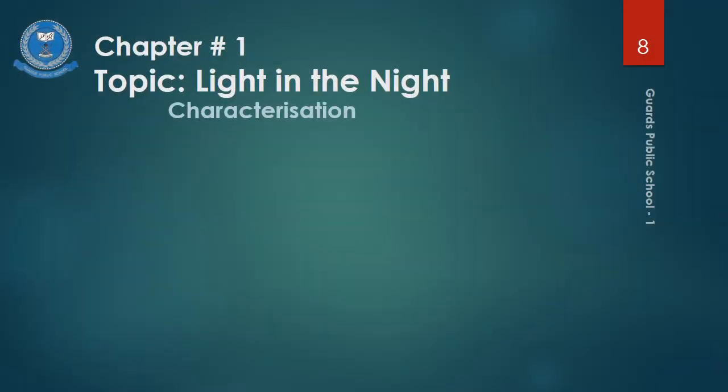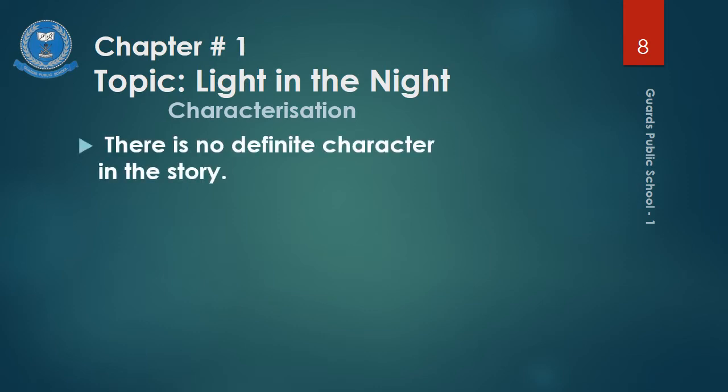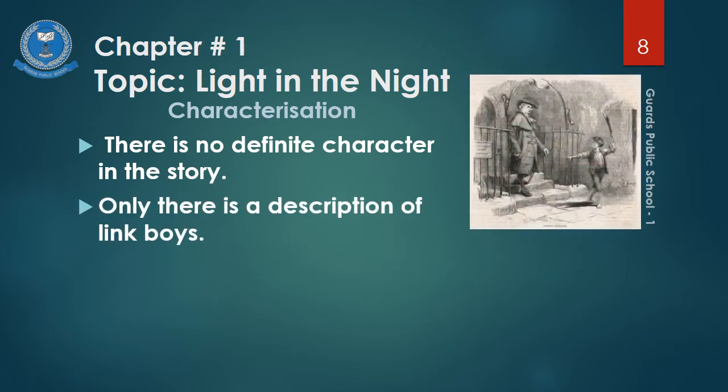Characterization. There is no definite character in the story. Only there is a description of lame boys who used to charge a small fee to hold a burning torch or lamp ahead of people so that they could see the way through the dark streets. Some of these lame boys were dishonest and robbed the people who had employed them and ran away, leaving them